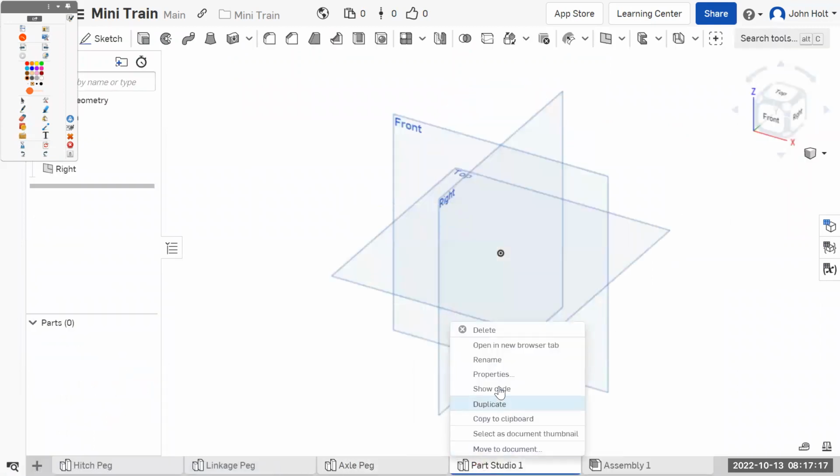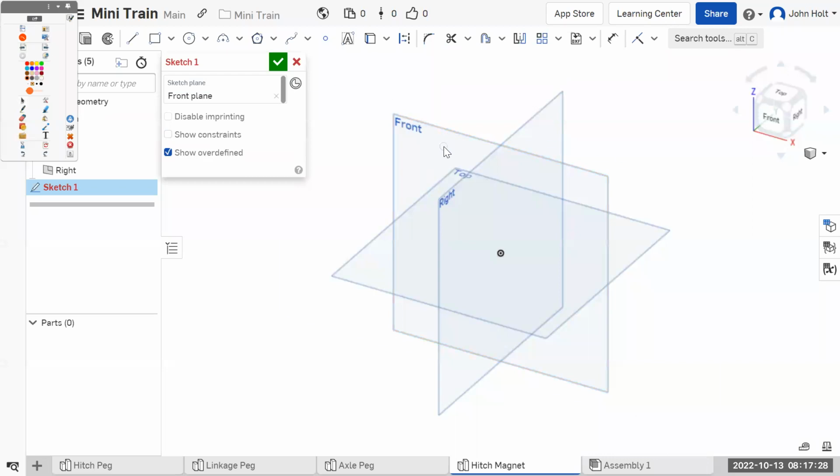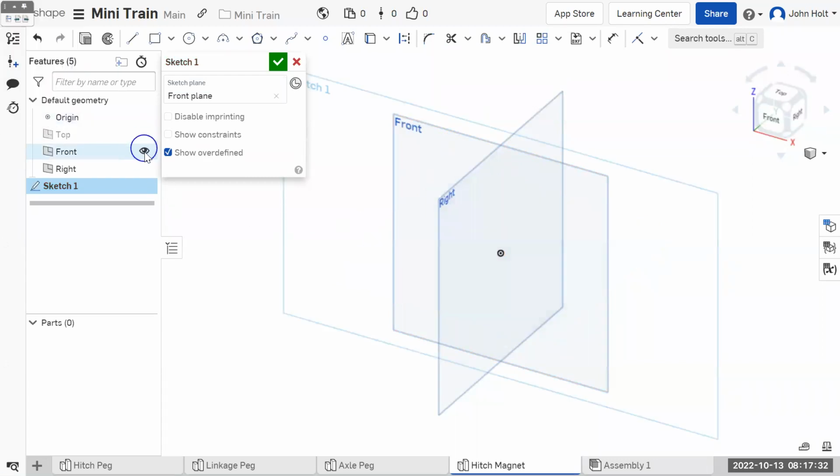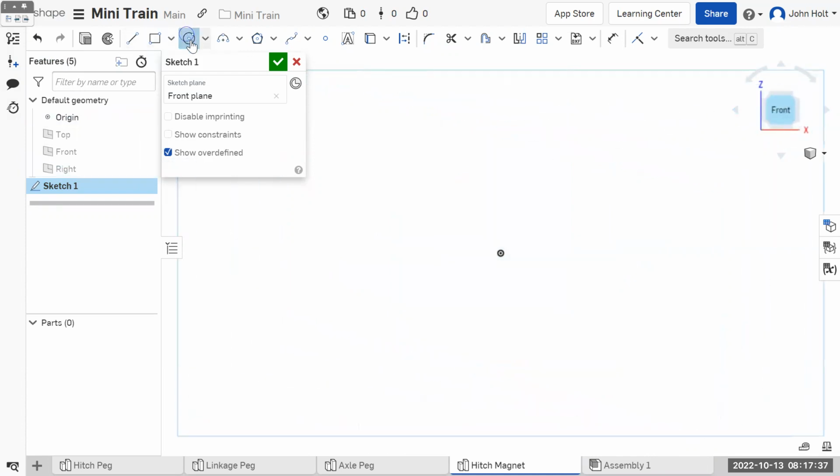So we need a new create part studio, and now we have this tab. Let's right click and rename. This is called Hitch Magnet. And let's go ahead and do a sketch. Why not the front plane? That's fine. Let's go ahead and turn off the origin planes, look at it straight on, get our center point circle,